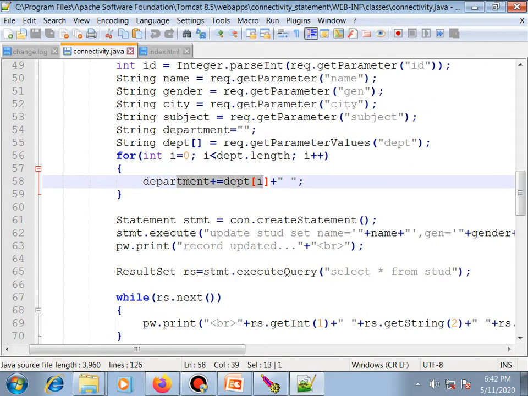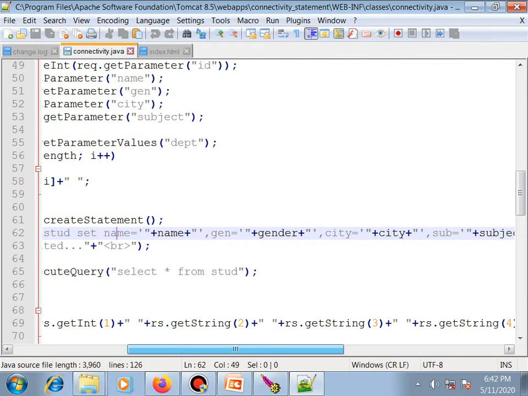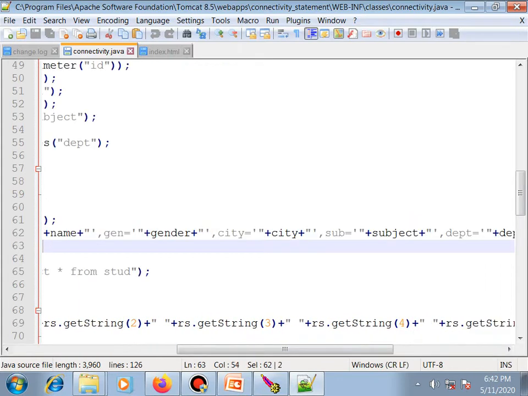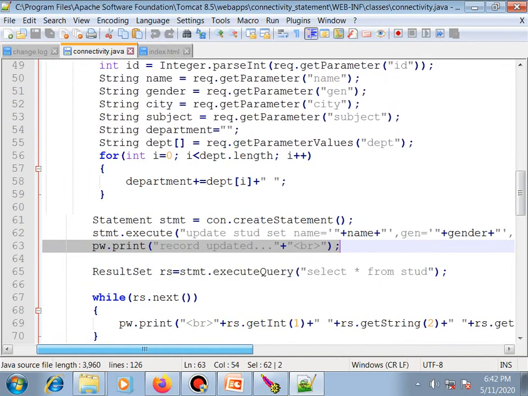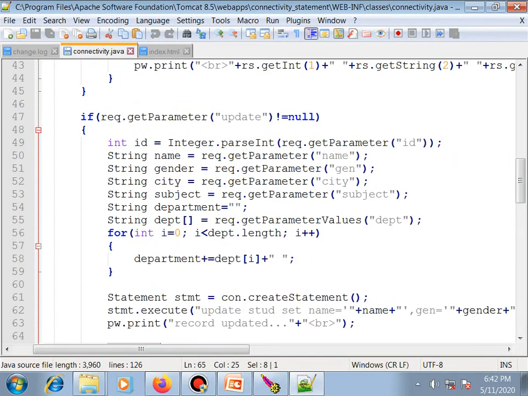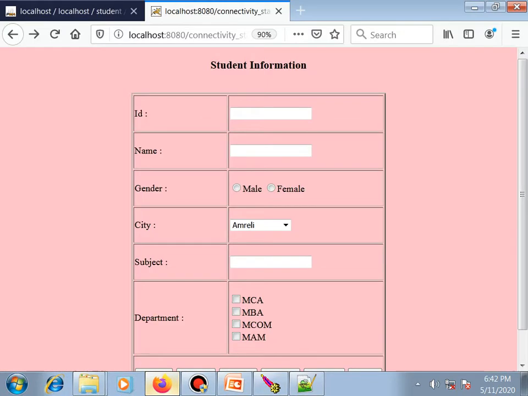For the update query, we write update table name set name equal to name, gender, city, subject, department where ID is equal to the ID you specify. Depending on the ID, you can update any of the fields. For displaying, we use the result set as in the insert, while rs.next gets all the fields.